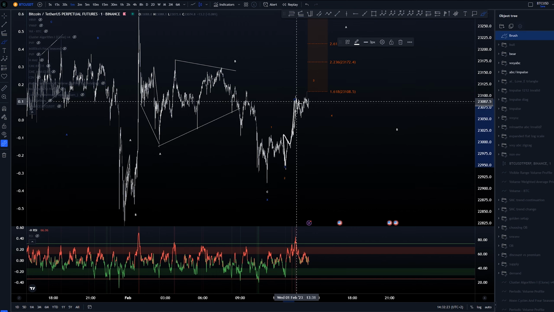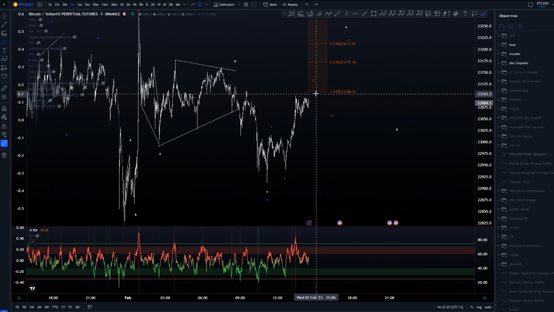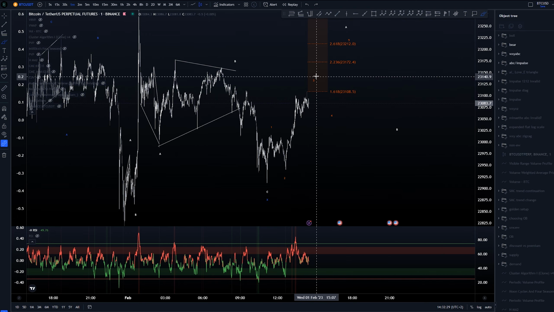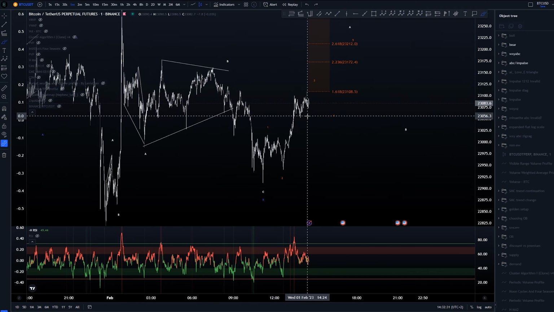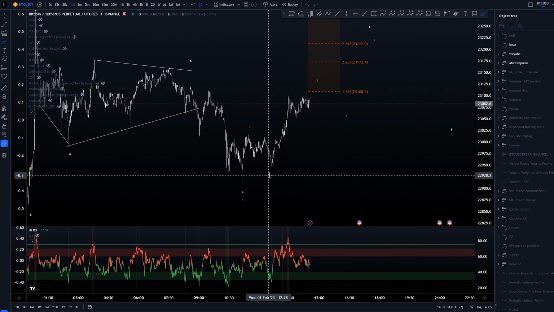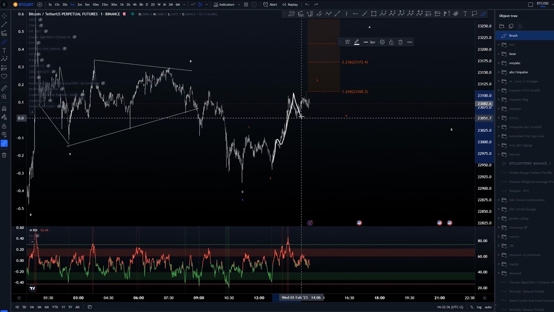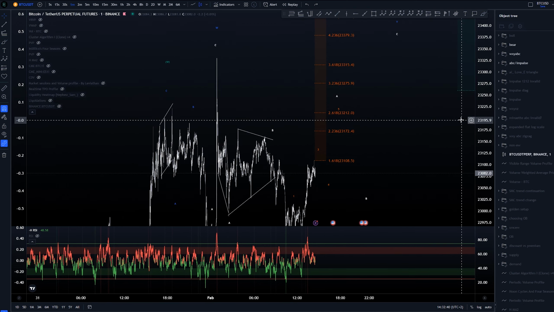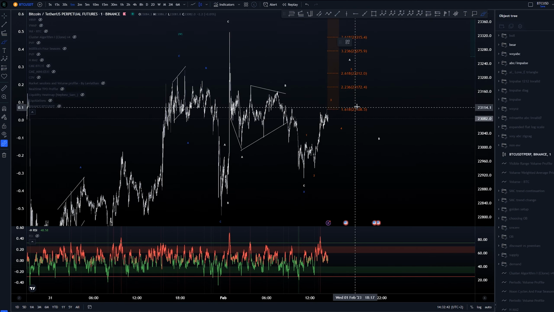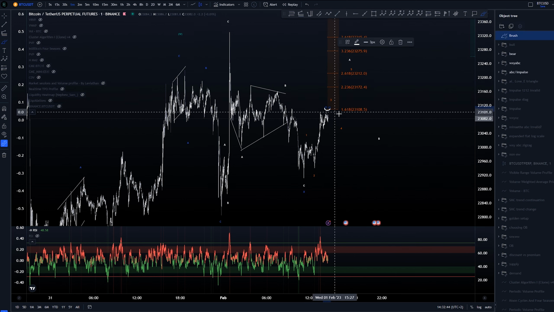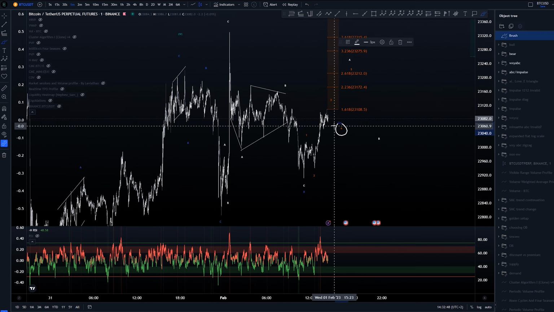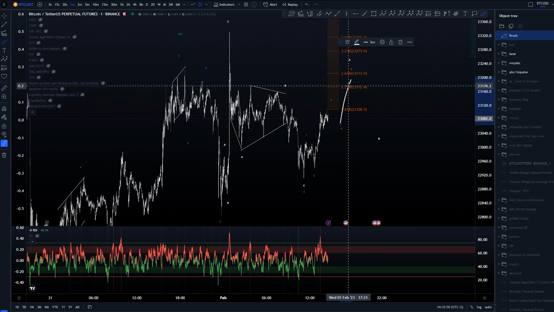At this point I think this was a 1, 2, 3, and this was either a B, C, or this was already that third finishing up, and this here was the fourth of this subwave structure here. So those are the two options that I'm looking at on a very small time frame, and again we did hit the 1.618, so here it is possible that this indeed is a third wave already. Then we'd be looking for that consolidation for 4th and 5th.